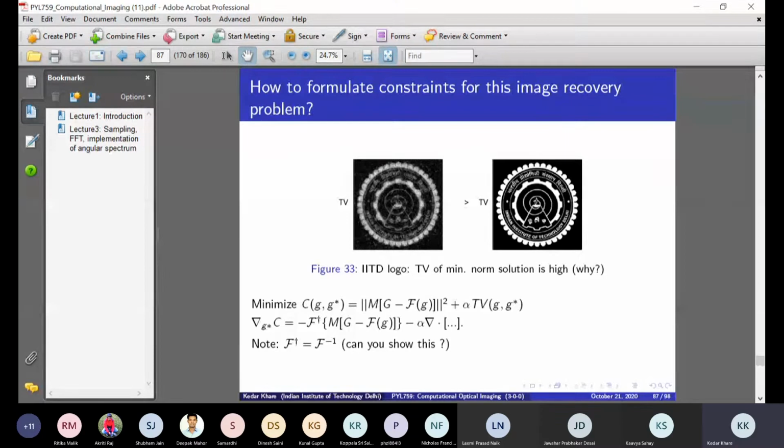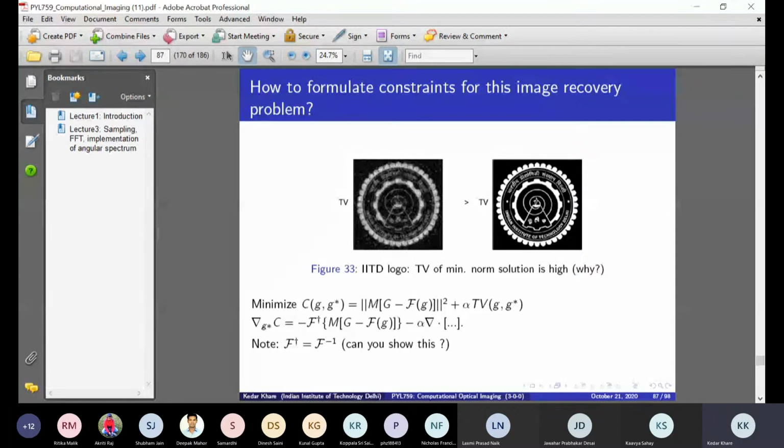Again, you see that when I have measured much less, there is a possibility of having large, meaning infinite, solutions. If you have more unknowns than number of equations, as it is here, then there is really no unique solution. And the solution that you are seeking is provided to you by the constraint that you choose. Okay. If I don't choose any constraint, I will get the minimum error solution. If I choose a constraint, I may get something else.